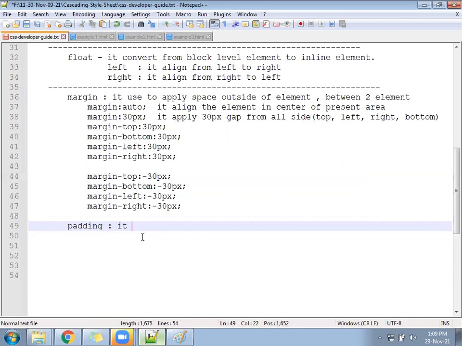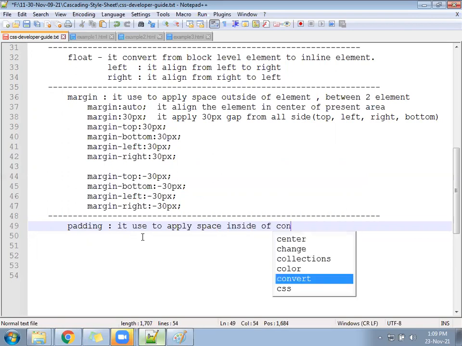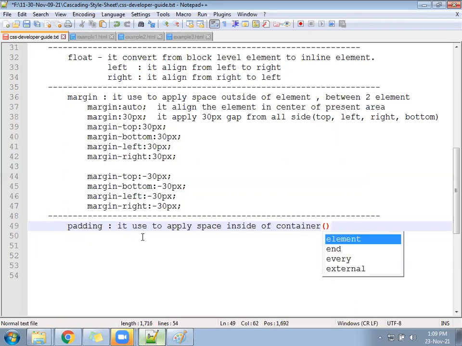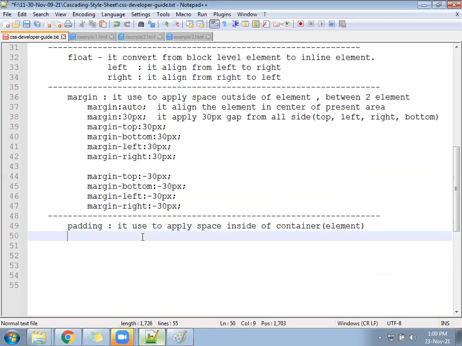It is used to apply a space inside of a container. Container, in the sense, means the HTML tag element.